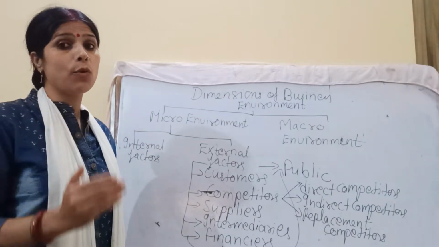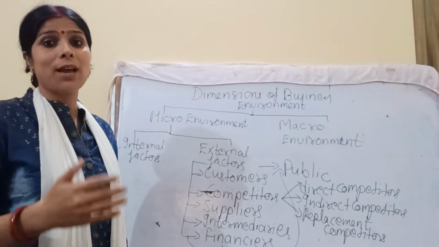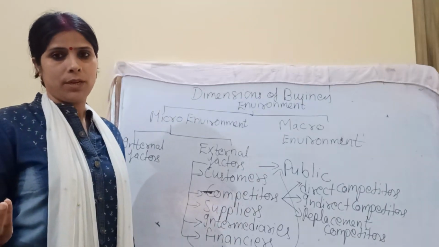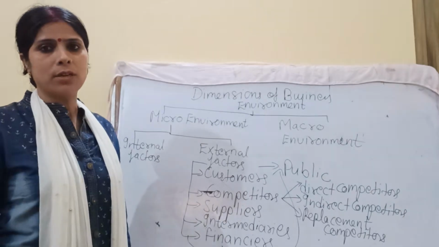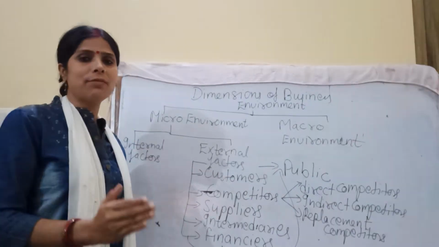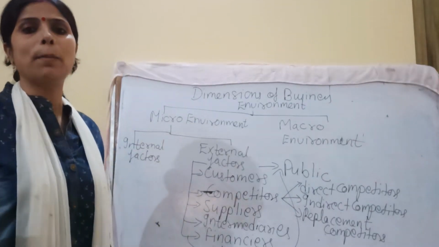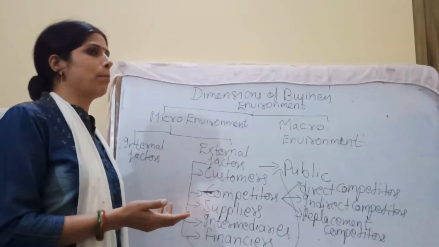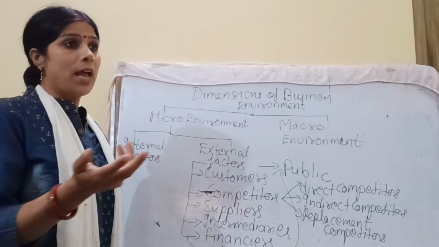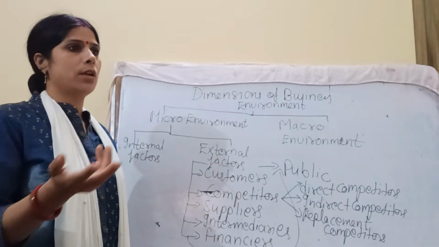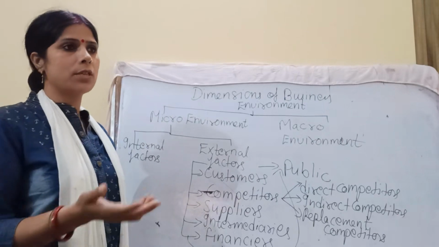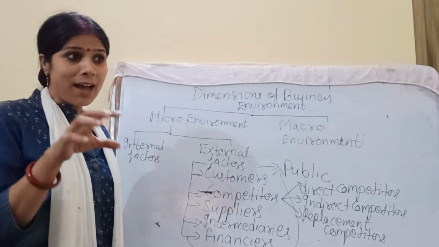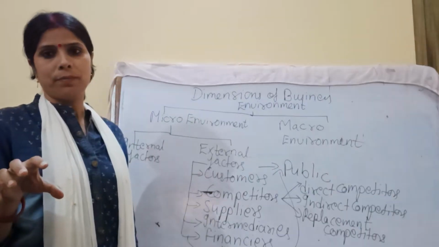They can highly influence the business concerns because they are free. Freely they are working in the external business environment. They can have both a positive as well as a negative impact on the business. Like you can take the example of big business concerns like Tata Motors, Wipro, Reliance Industries, Infosys. These are the big companies in India. They have maintained their image.